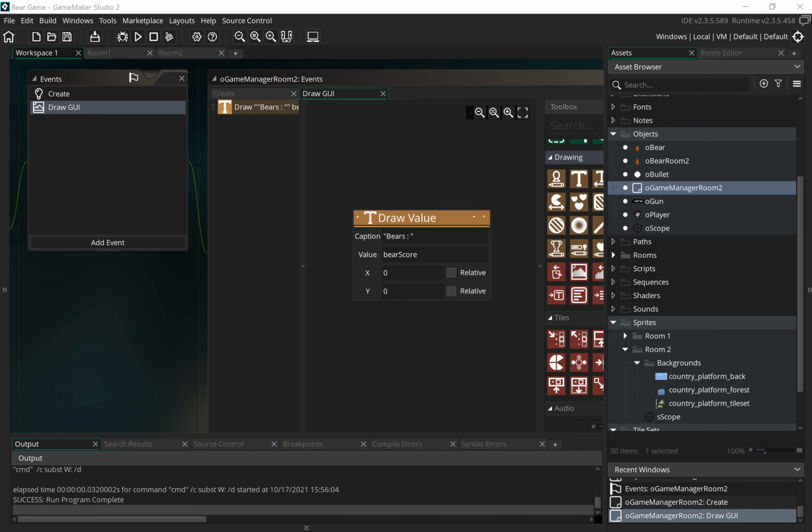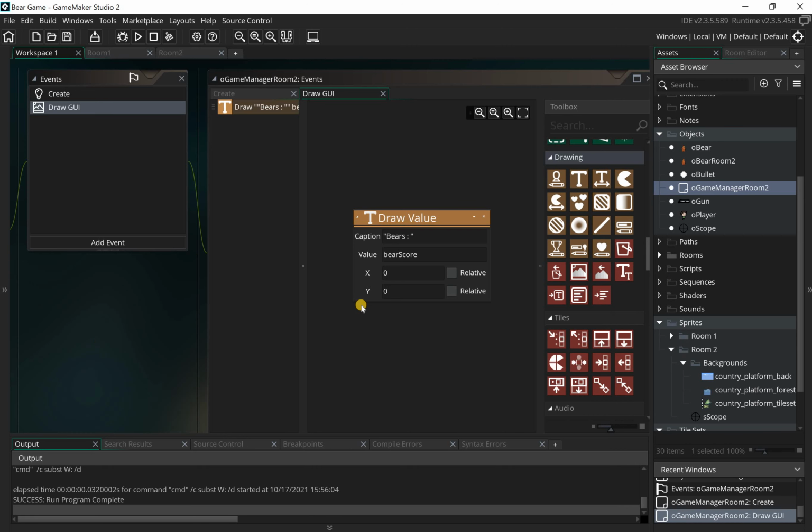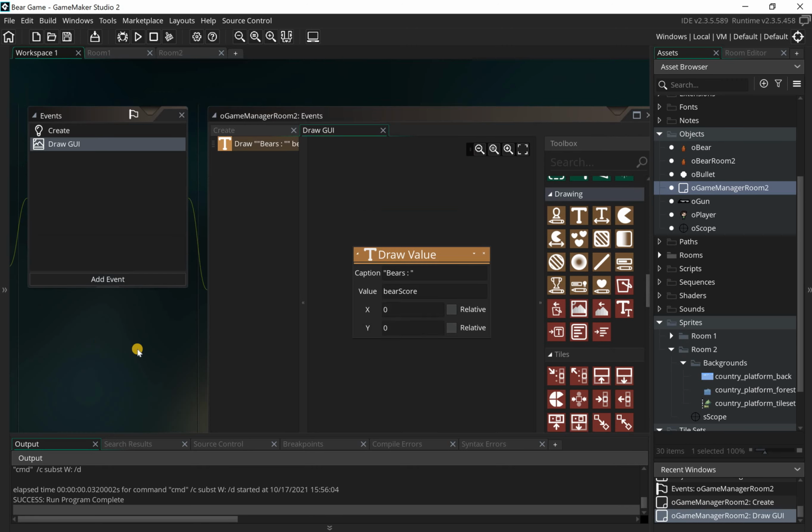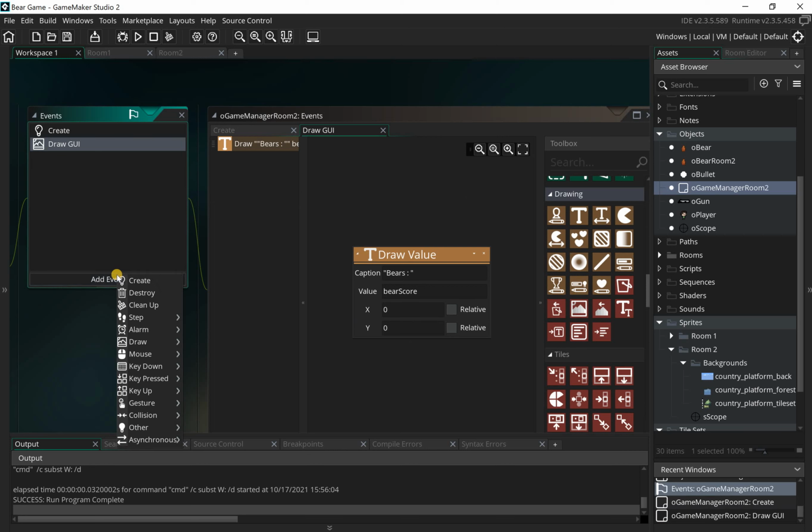So the way we do this is we're going to use an alarm. And the way an alarm works, think of an alarm clock. We can set an event which will be triggered every so often. Now this is quite easy to do, but there's a little bit of setup that we need to be aware of. So let's go to Add Event,